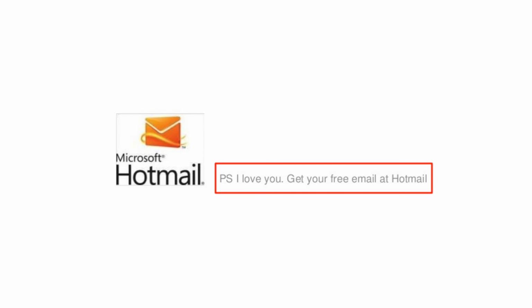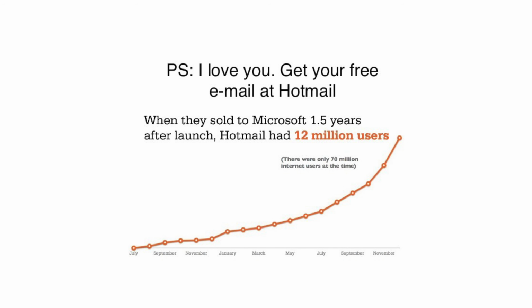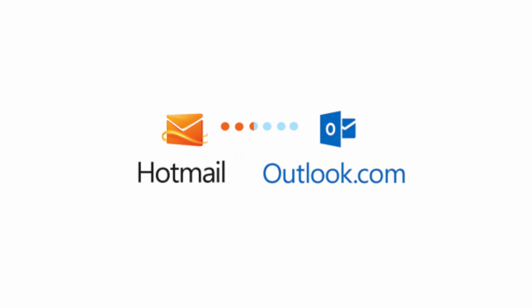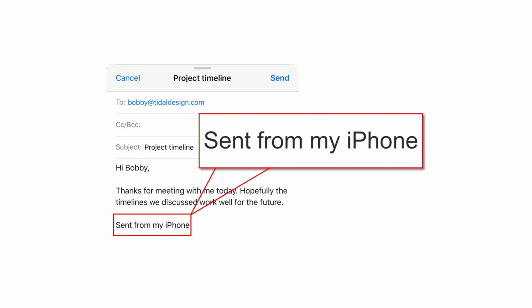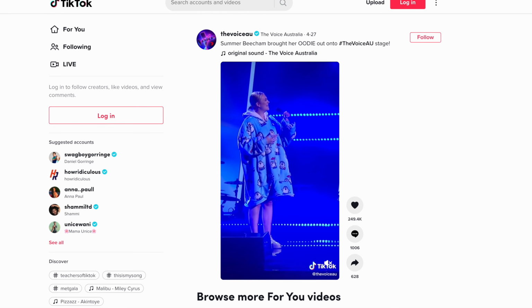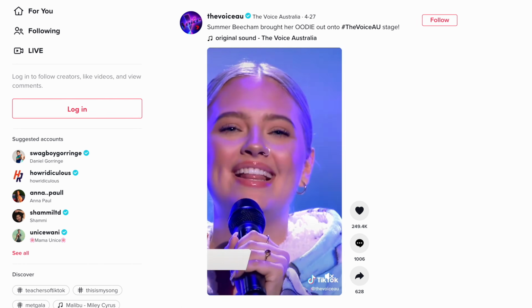This is exactly what Hotmail did. With every email that they sent, they simply put a little sign off down in the footer that encouraged people to create a Hotmail account themselves. While really simple, this technique allowed Hotmail to get 12 million users and end up selling to Microsoft for $400 million. Even Apple now use this technique with a "sent by iPhone" on their email footers. This viral growth engine was one of the main reasons that Oodie became successful. People would buy the product and it was so soft and warm, they would tell their friends. The best measurement for the viral growth method is the viral coefficient, which you can Google how to calculate.